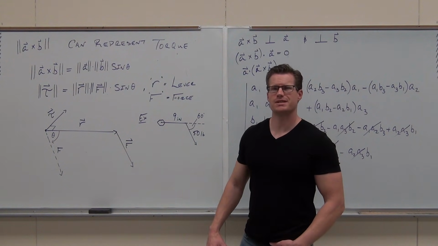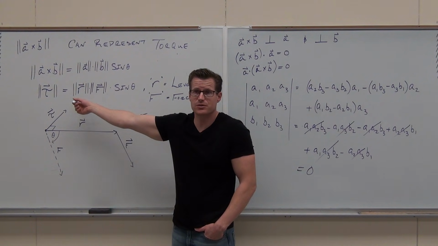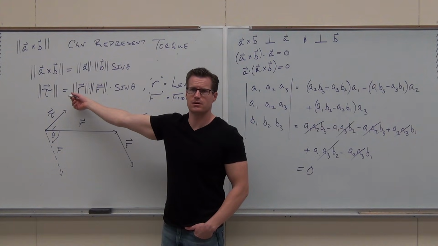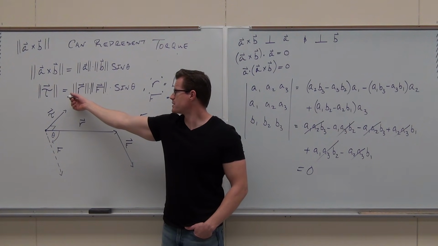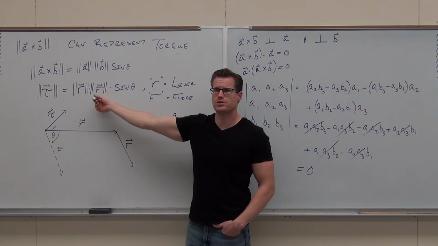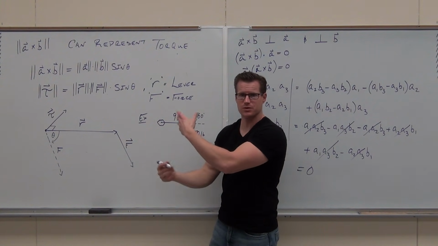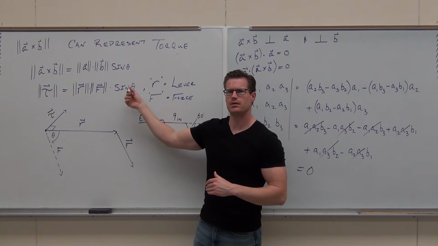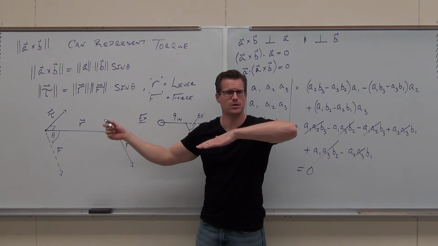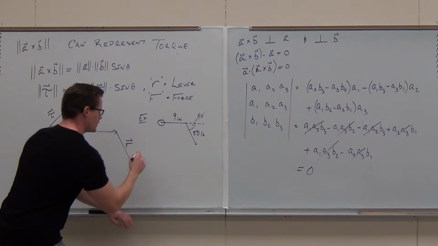So again, the way this works is, you need some magnitudes. Do you know the magnitude of the lever? Yes. What is it? 9 inches. Inches, that matters. What's the magnitude of your force? Notice I don't really care about the actual vector because we're talking about magnitudes here. And then, do you know the angle between them? How much we're going to sweep out is what we're talking about. What is that? 60. So if we want to find the torque in this situation,